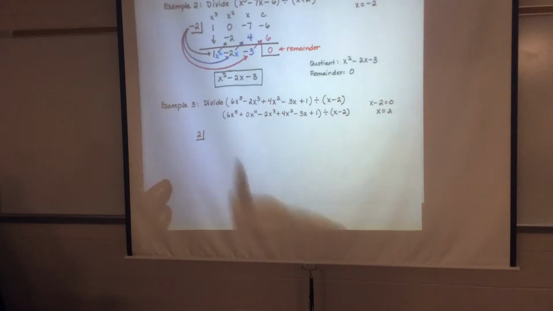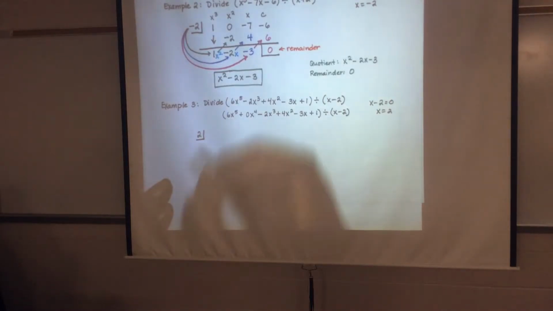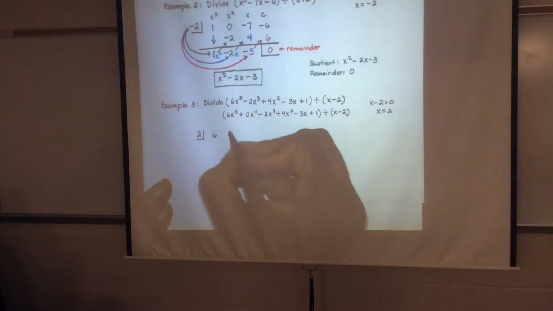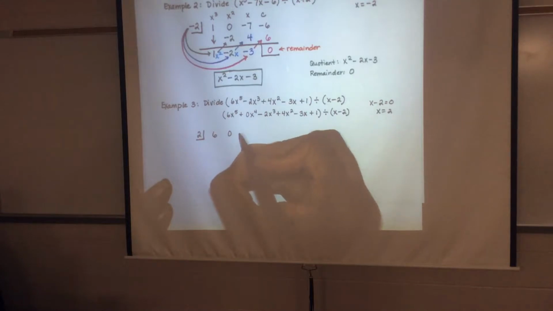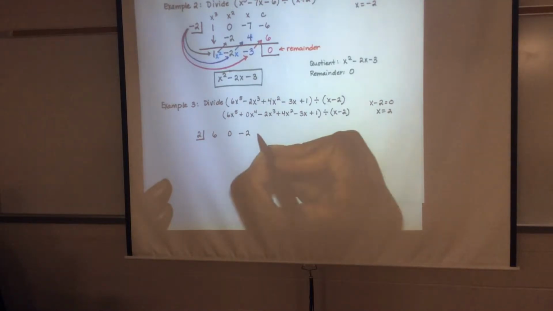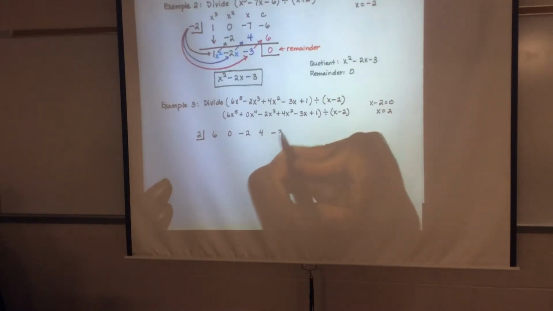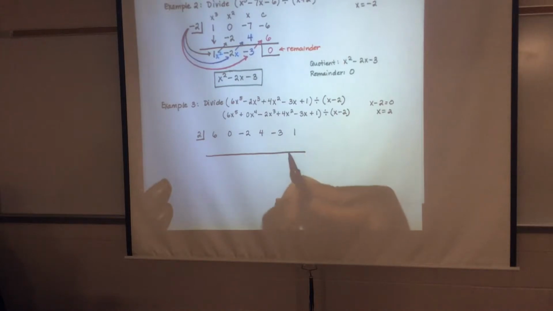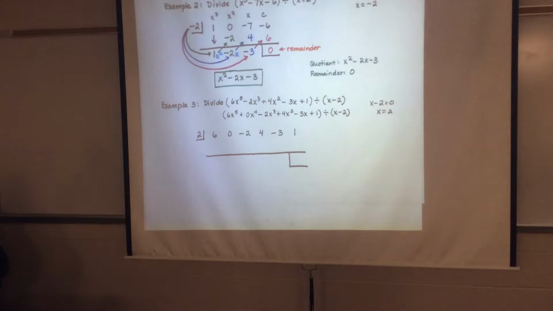Now, I'm going to write down my numerical coefficients from here. For x to the 5th is 6. For x to the 4th, that's 0. For the x cubed, negative 2. For the x squared will be 4. For x is negative 3. And then 1 will be your constant term. And notice I'm putting a small box here for the remainder. I want to separate the remainder from the quotient. Okay, so now,